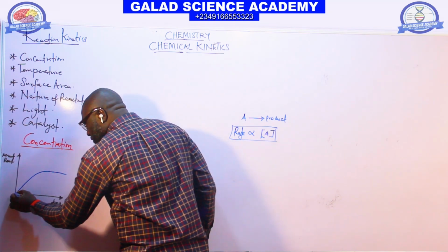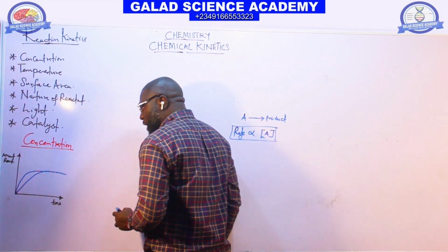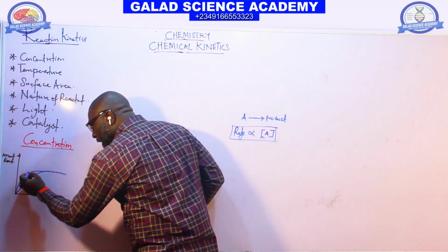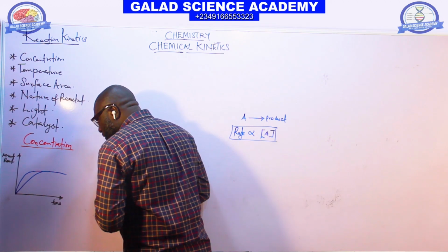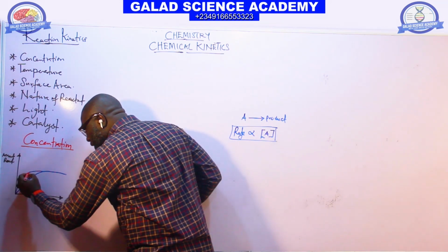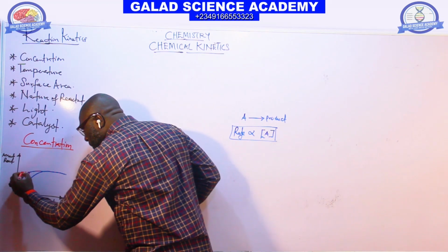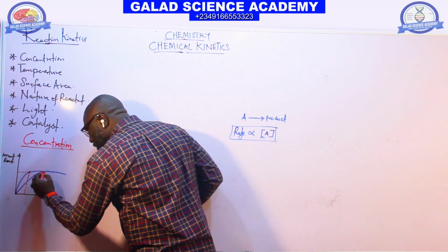The second graph can be in this form. You can observe this turning point here, this particular point, where the graph stops here. We have it here, and we also have it